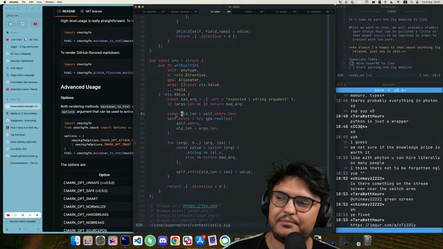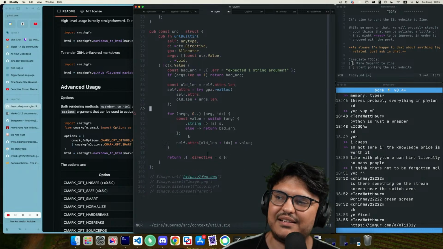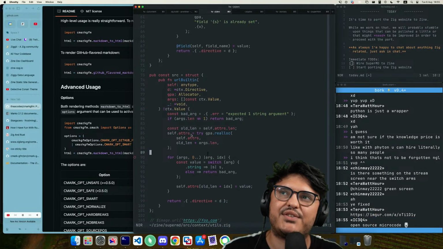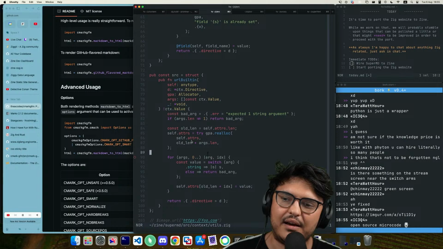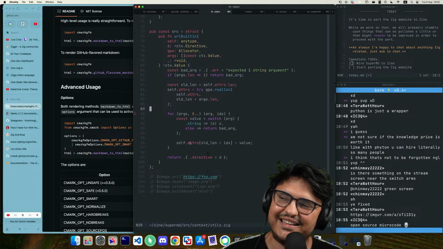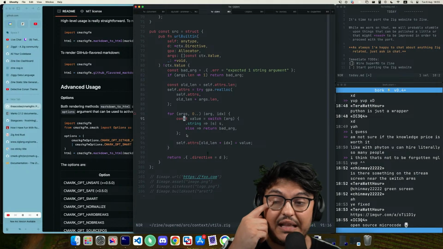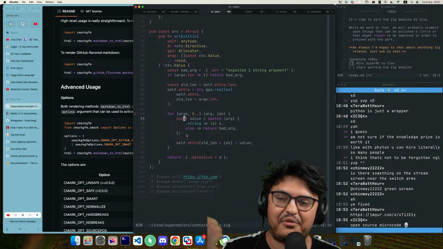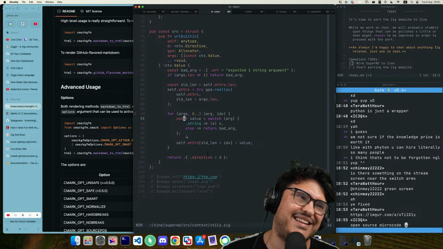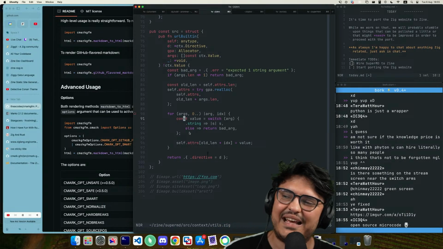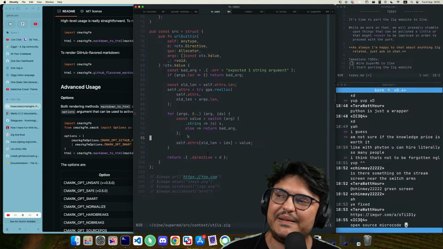So that's something that you can tweak parameters, but you can't get away completely from open source microcode. Yeah, we don't have that. You know what? If the Zig project one day goes all the way down to making our own CPU, then maybe. But I don't think so. So yeah.